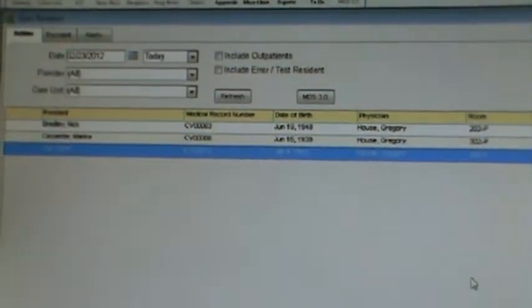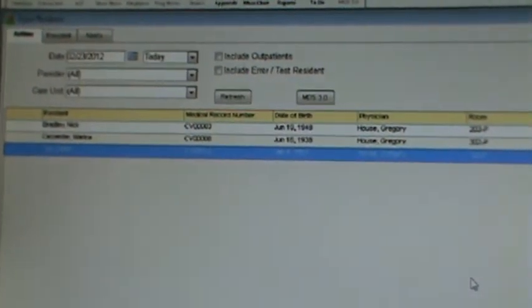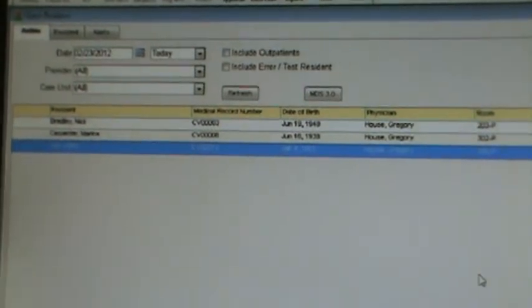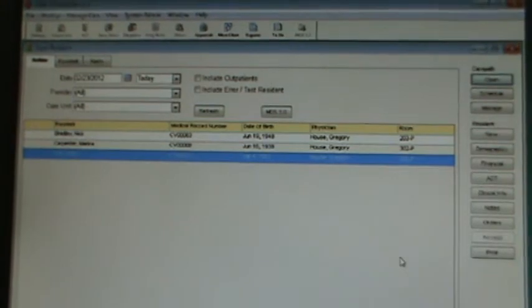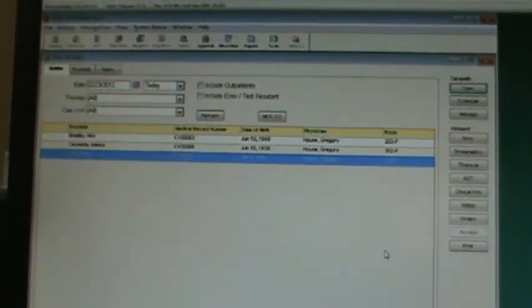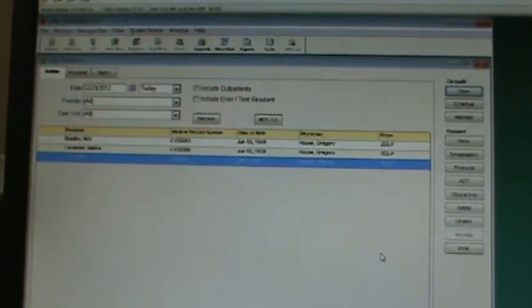This is a recorded demo of the new physician's order entry and intervention scheduling functionality that will be released in Care Management version 11 in March of 2012. There are still a few bugs that I'll be pointing out in the build that I'm using for this demo, but we'll have those fixed before release. This is mainly just to give you an idea of how that new functionality works, so you are ready